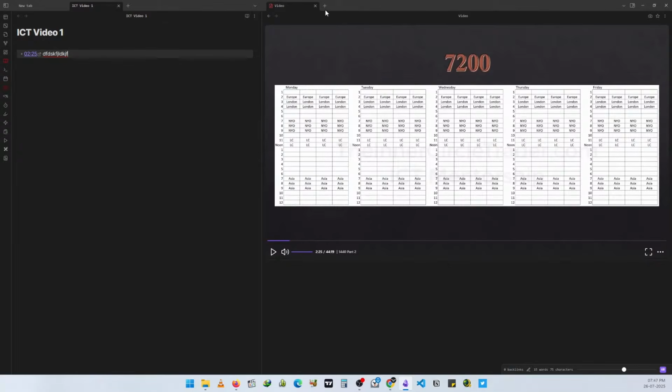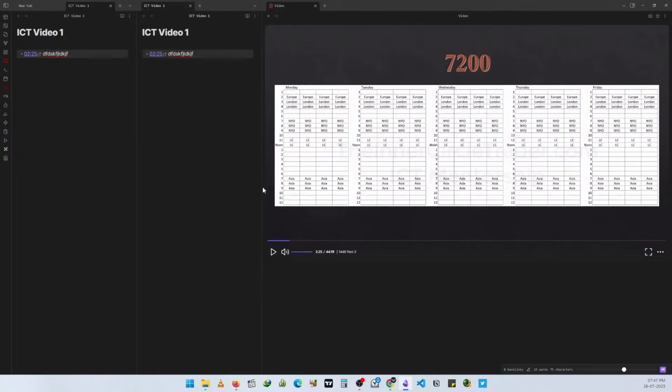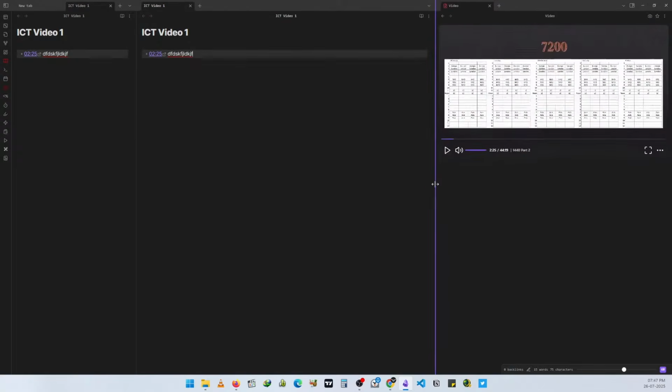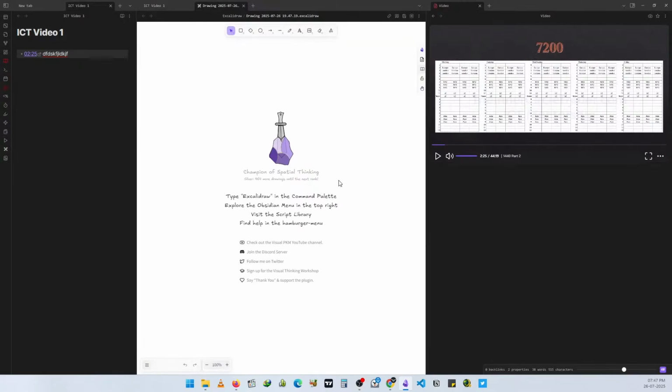So what you need to do is, you can do another split, right? Make it smaller. Here you need to open Excalidraw. You see new drawing, you need to use the Excalidraw file. It'll open up this. So what Excalidraw will do is,